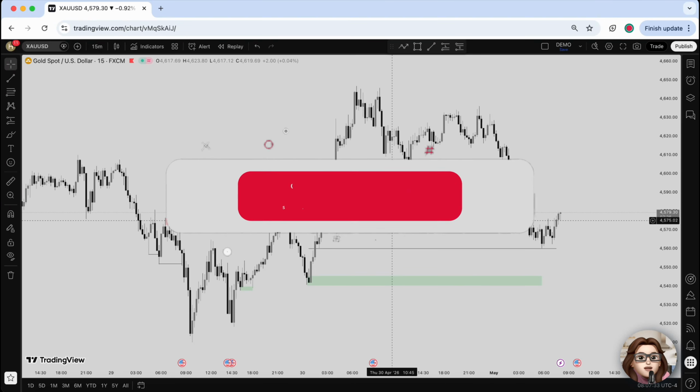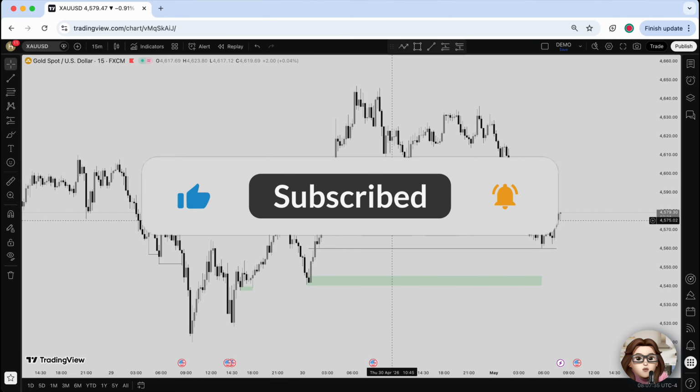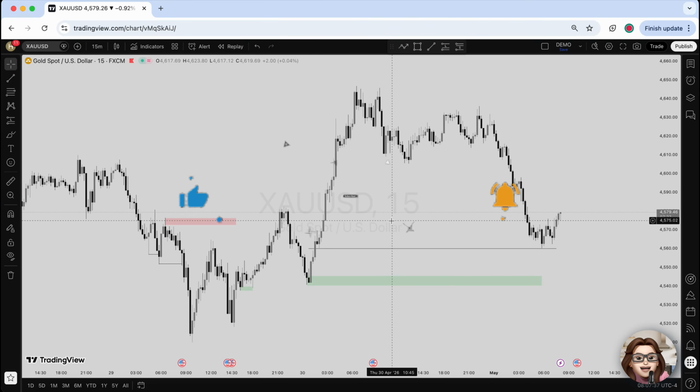In this tutorial, I'll show you how to customize candlestick and volume colors in TradingView so your charts look cleaner